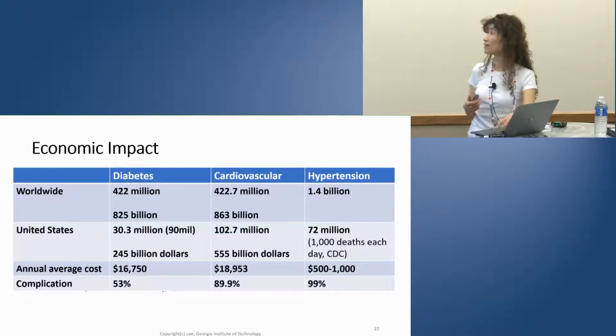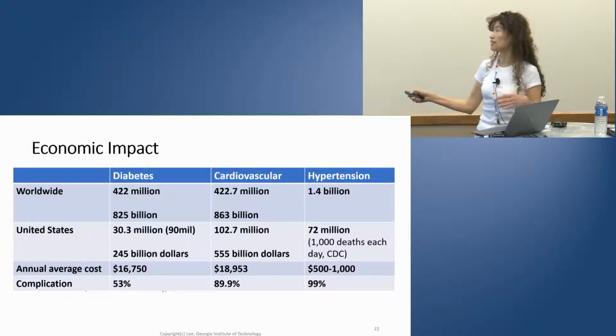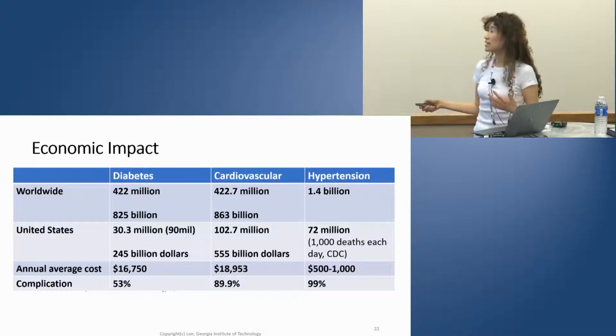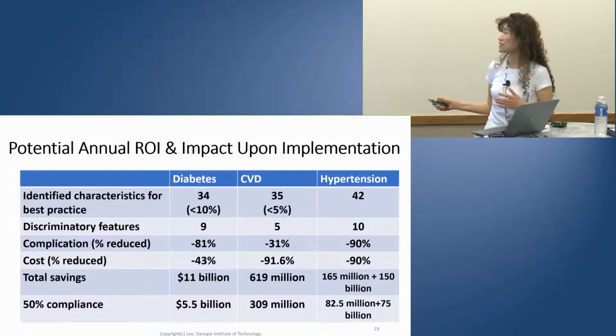economic impact. I do want to make it clear that these are global, worldwide numbers, this is the number of people infected, and this is the dollar amount. Within the United States, this is really shocking, and Dr. Egan is very passionate about it. Hypertension is not the cause of death, but the complication is. And if we implement our results, this is the savings that you're going to see. And this is truly an estimate of what the savings is if we only have 50% compliance. And a lot of the savings is really reducing the deaths because of